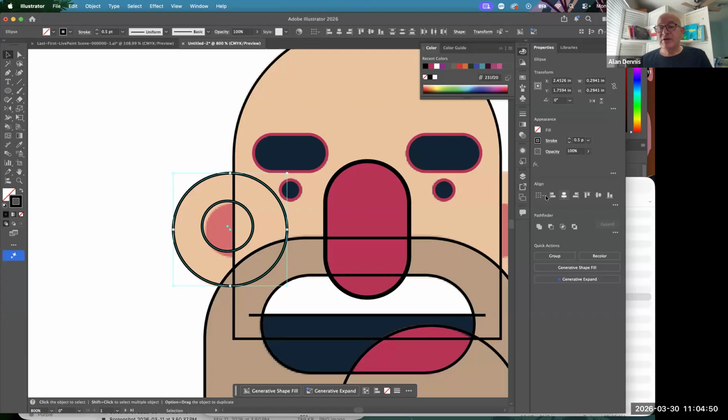I'm going to go to the alignment tools. They're here in the property panel. Also in Essential Classic, they're up here as well. Exact same thing, so I'll do it from up here. You'll see I have three options: align to selection, align to key object, align to artboard. I'm going to do align to key object because I'm not sure I've shown you this one. I think I have, but just in case I haven't,